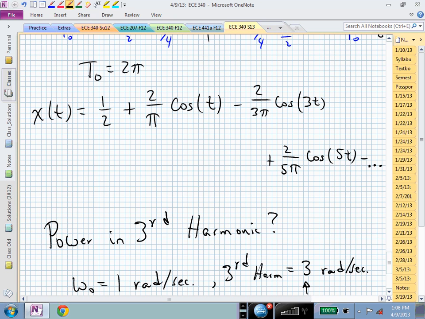Depending on how accurate you want this to be, and the spacing of your frequencies and the sharpness of your bandpass filter, you may have a bandpass filter that's centered at the third harmonic, but if it had a huge passband, you might be including the first, the third, the fifth harmonics in your